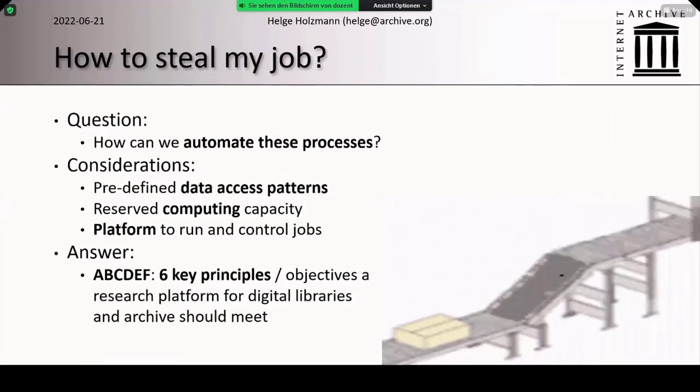So now the question of this project basically was, how can we steal my job? And more specifically, the question was, how can we automate some of these processes at least? And the considerations here were,